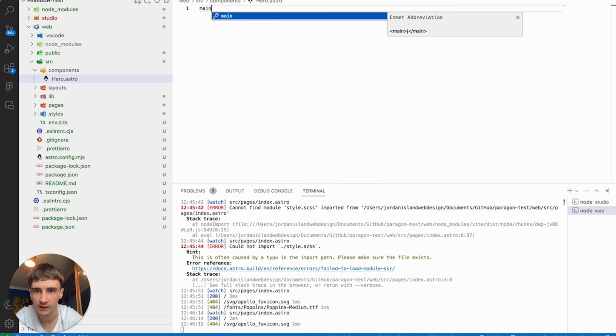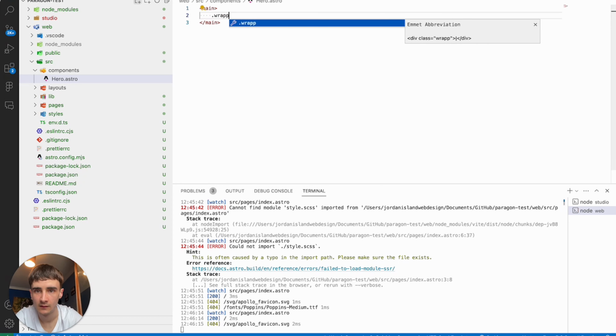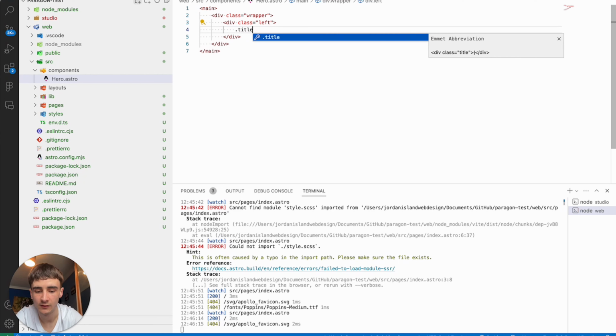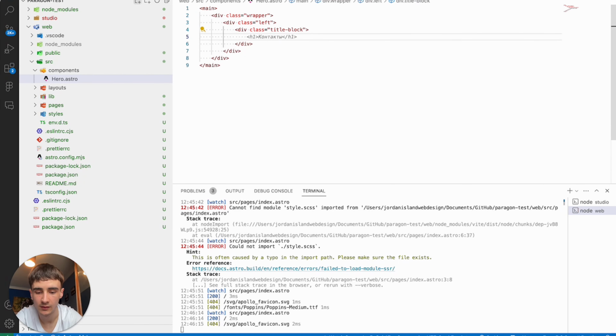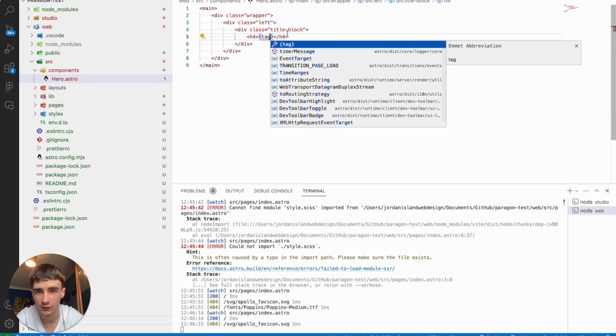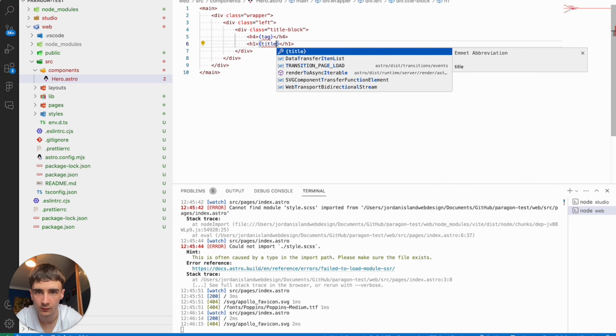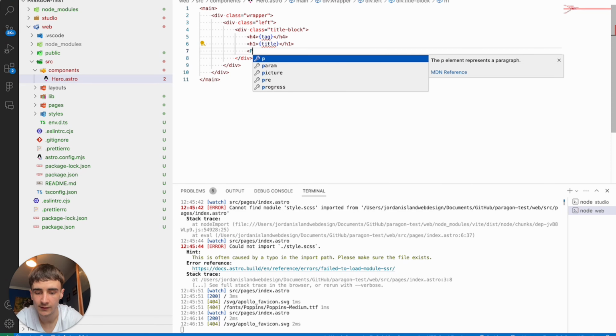In here we want this to be a main. I like to use a wrapper. We're going to have a left, and the left is going to be the dot title block. Inside the title block, we're going to have an H4, which would be the tag. You're going to have ESLint errors for now until we do the next step. Then an H1, which would be the title. And then underneath here, you're going to have a portable